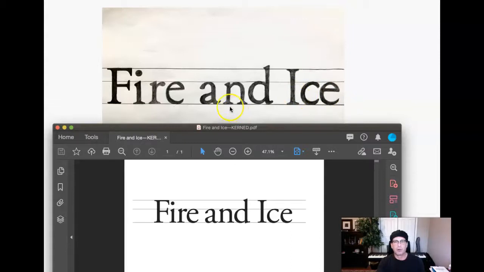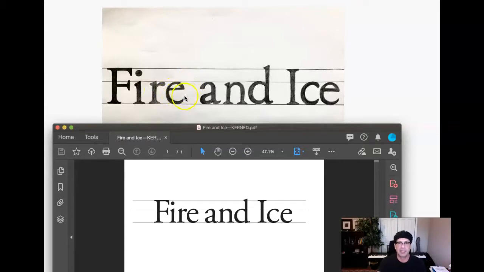Okay, now as far as word spacing, this is a problem area right here: the space between the F and the I, the space between the E and fire, and the A and N. The reason I say that, and if you look through the course materials, this will be a review, is that we typically want to find areas of concern, as I said before, and deal with them first, then continue on to your spacing. This is an area of concern, and as defined in our course lectures, the reason this is an area of concern is because quite often when we have a word space between letters that have open counters,